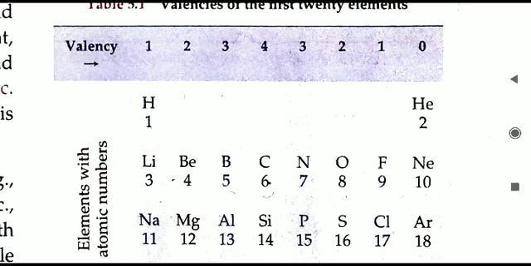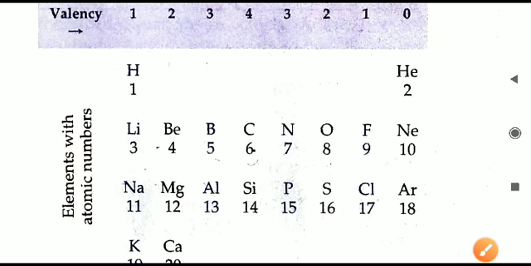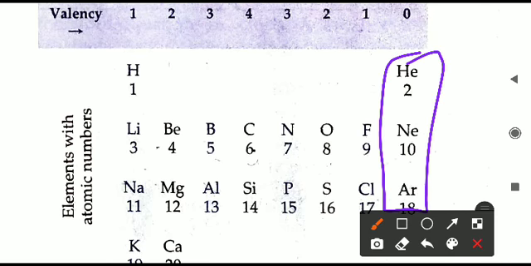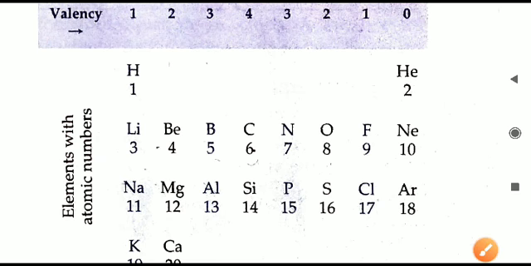Why did it become 0? It is becoming 0 in the case of noble gases. You see here helium, neon, argon, they are not combining with anything. They do not have combining capacity. They are not reacting, because they do not want to combine with anything. Therefore only we will say combining capacity is 0. Valency of these elements is 0.